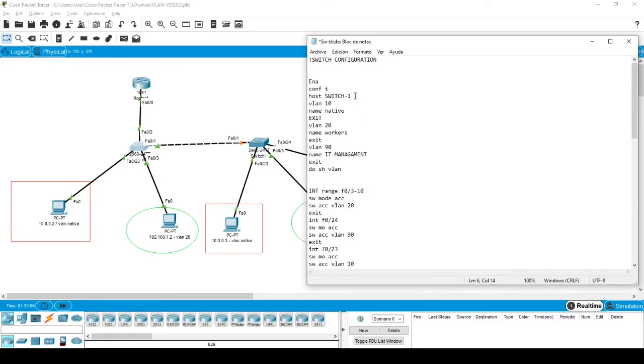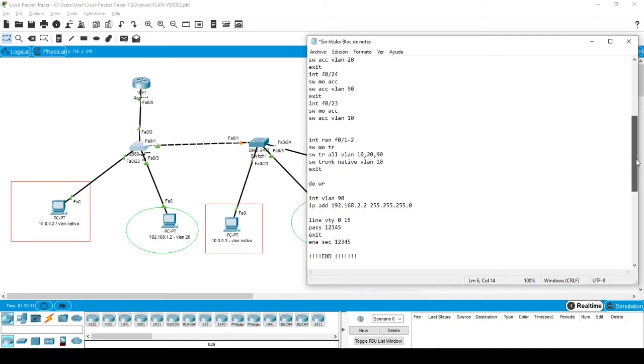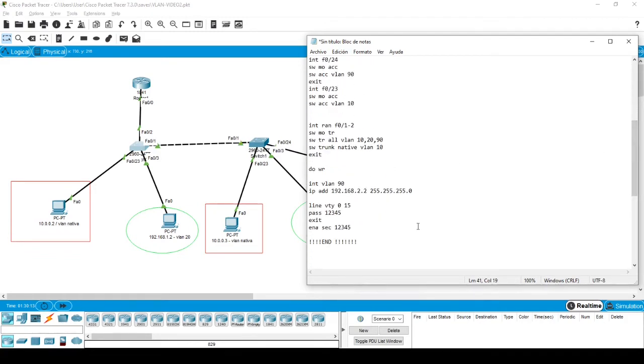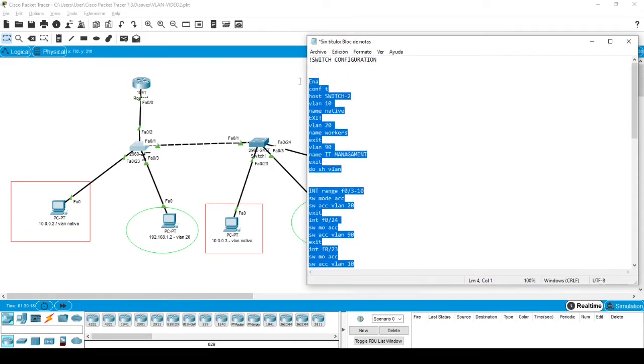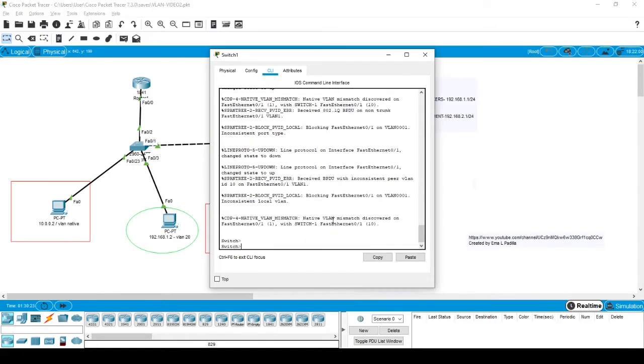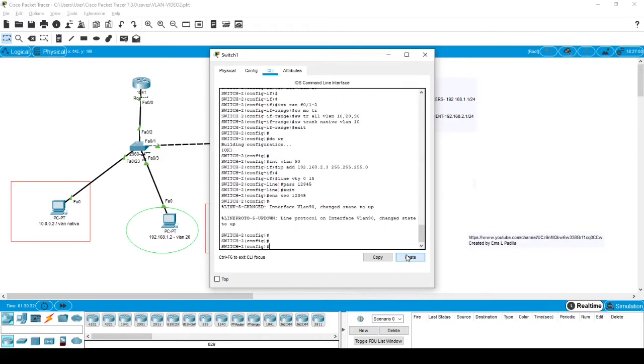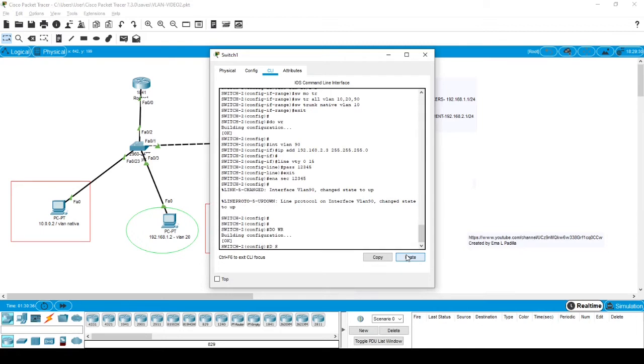Okay, we're gonna change the name of the switch to switch 2 and the IP address. Okay, and then we're gonna copy this and paste on the switch 2. Okay, so we receive this message because we need to set up the same native VLAN on both sides. Okay, when we paste and then do write to save the configuration, and we put do show run to